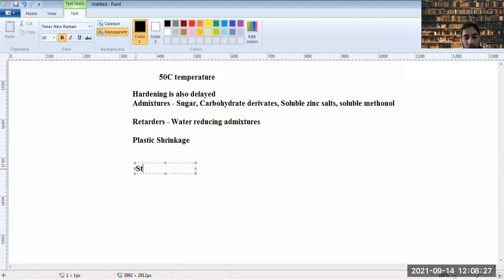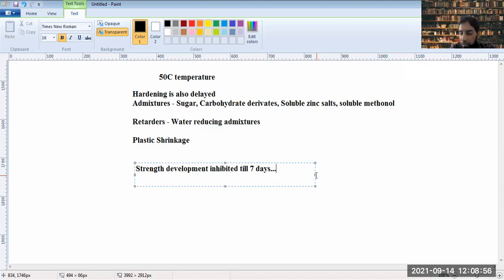Then, what is the effect on strength development? Strength development is inhibited till 7 days. In a normal process, in 3 days you will have strength of around 70 to 80%. But here, due to using the retarders,